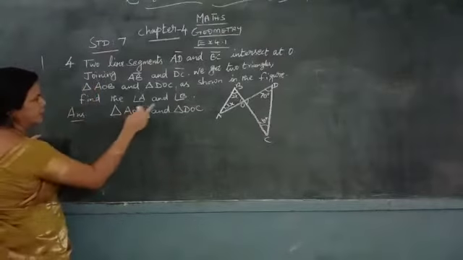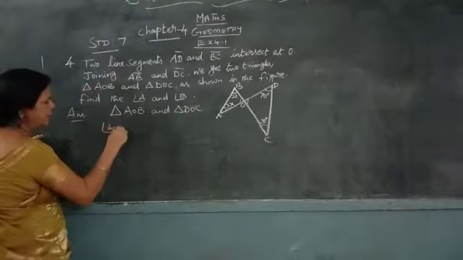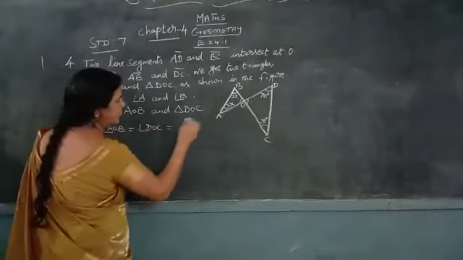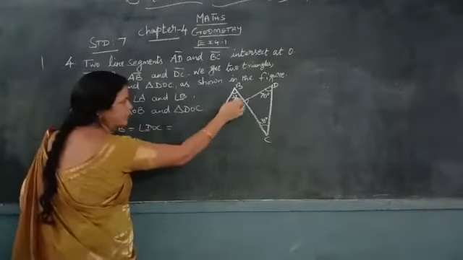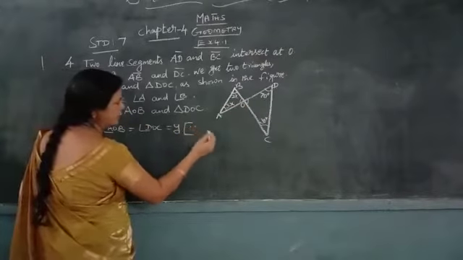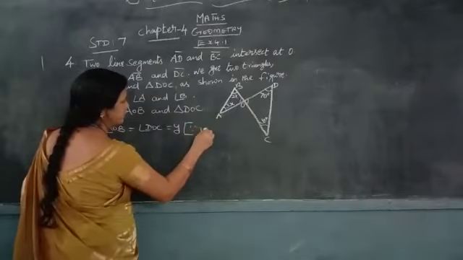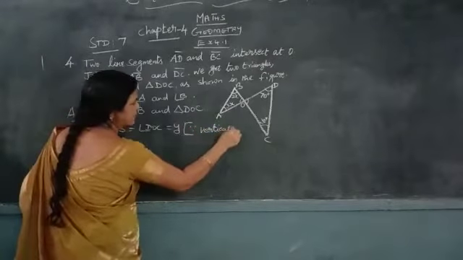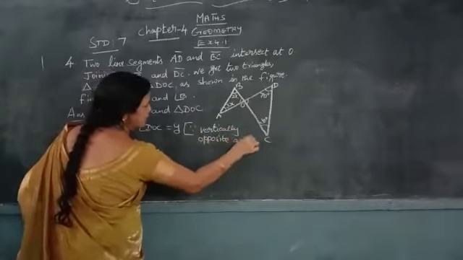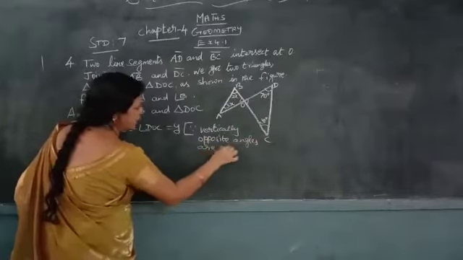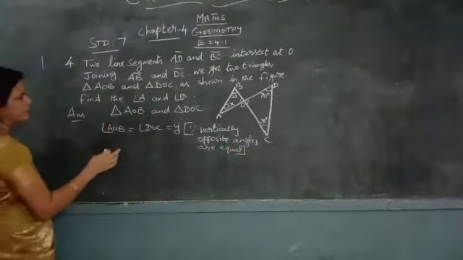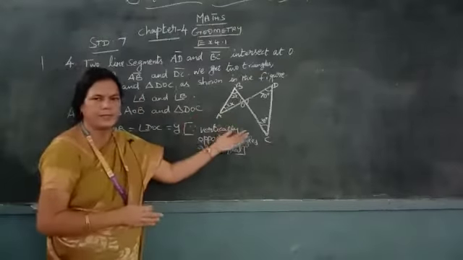Now, in this, what are the angles here? Angle AOB is equal to angle DOC, which we name X, as already given here. We are going to take these two as Y, because vertically opposite angles are equal. That's why we are taking these two as Y now. Is it clear now?